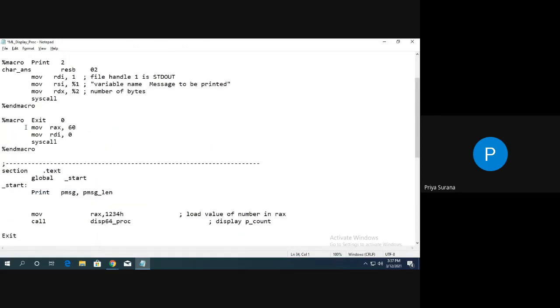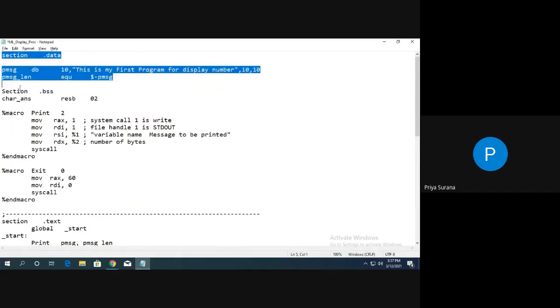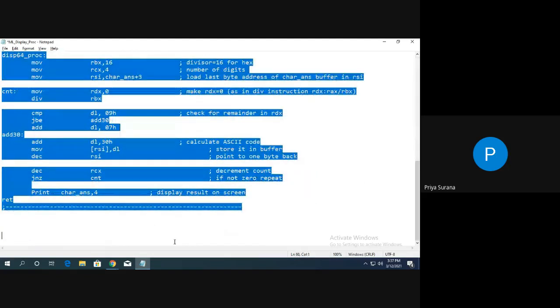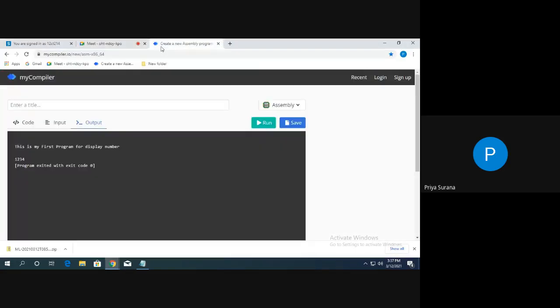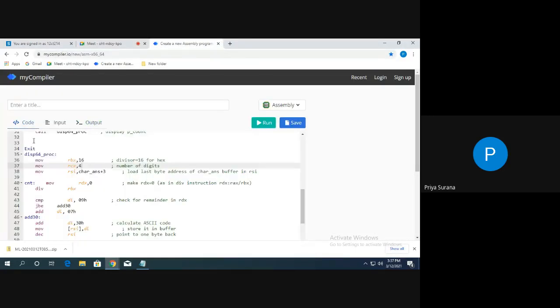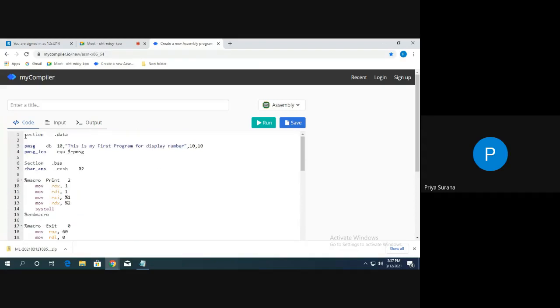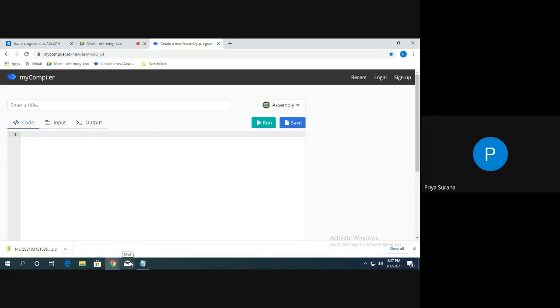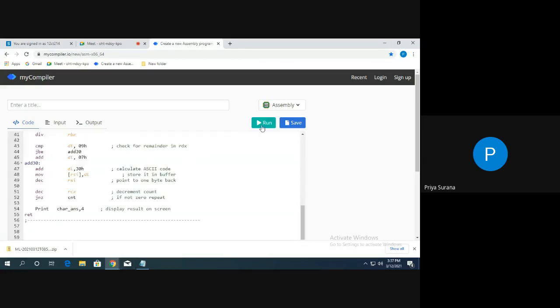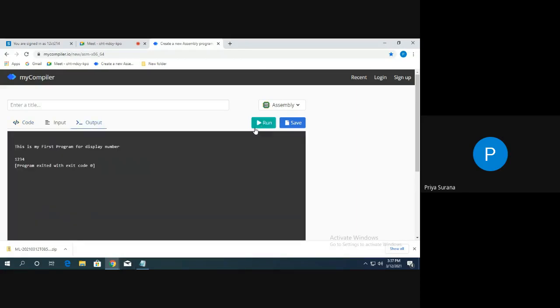Now we will check the execution of this program. I am copying this code. You can directly type the code also, no problem, but since we already have that code, I am copying it and executing it.